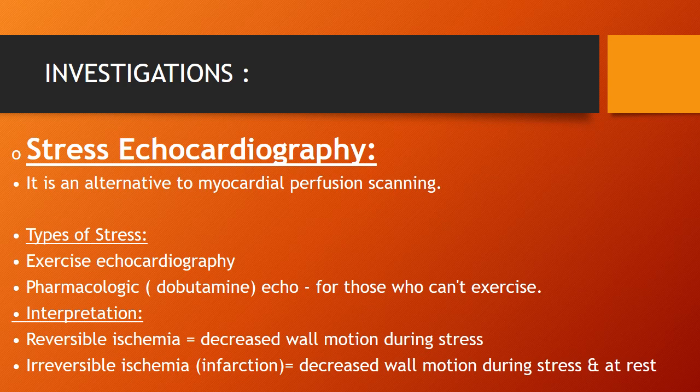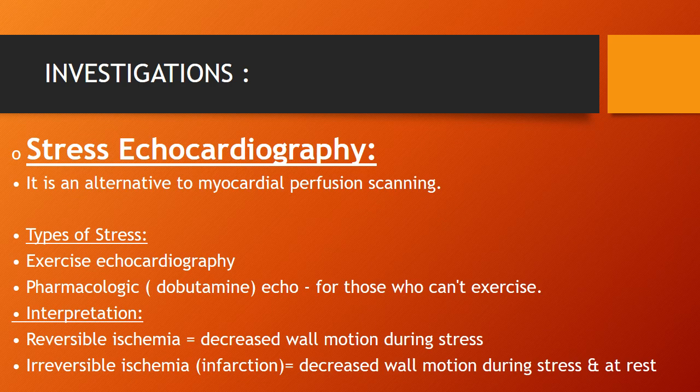Stress echo is an alternative to myocardial perfusion scanning. It uses transthoracic echocardiography to identify myocardial ischemia and infarction. The type of stress we are going to give is exercise echocardiography, or pharmacological using dobutamine for those who cannot tolerate exercise. And the interpretation will include, in cases of reversible ischemia, decreased wall motion during exercise only,